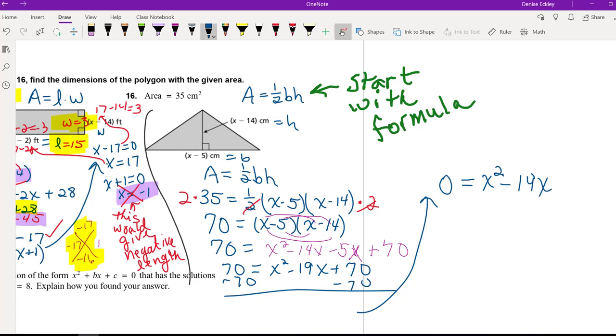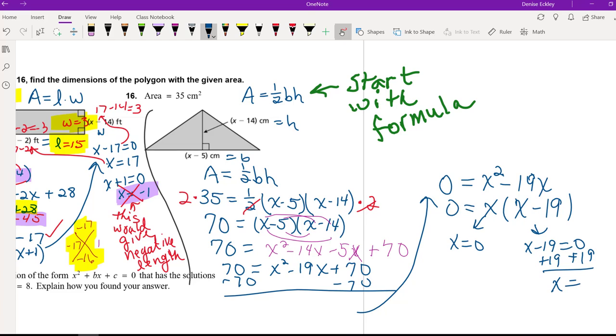And when I do that, I get x, and then I have x minus 19. And setting my factors equal to 0, I have x equals 0, x minus 19 equals 0, adding 19,